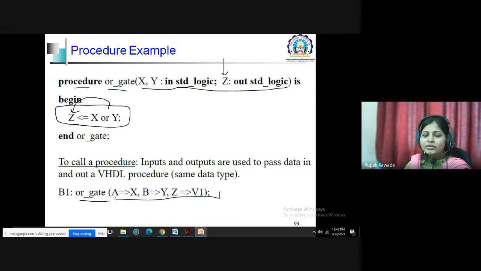Here you can see A, B, and V1. So A will be mapped to your x, B will be mapped to your y, and V1 will be mapped to your z. So this is the way in which you can map your actual parameters to the parameters of the procedure.